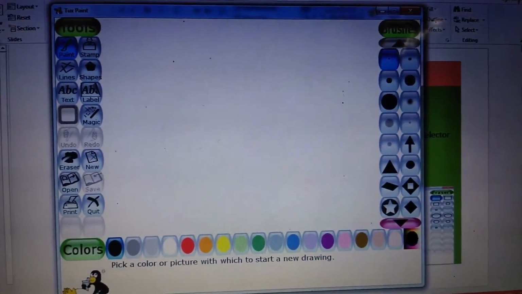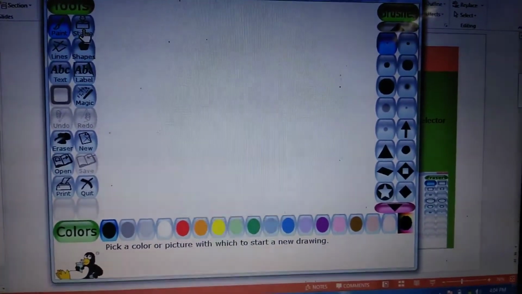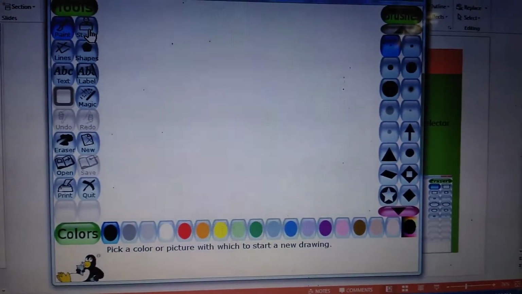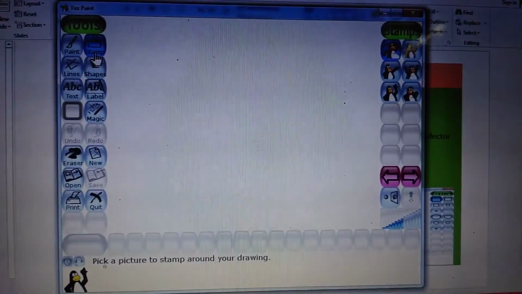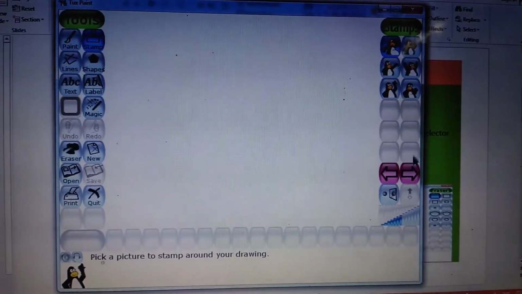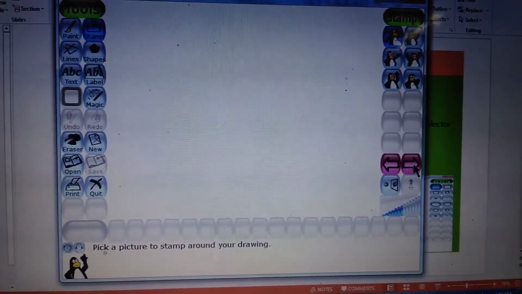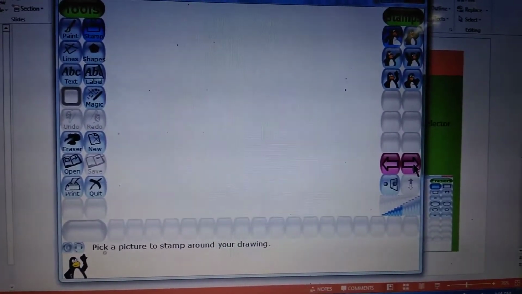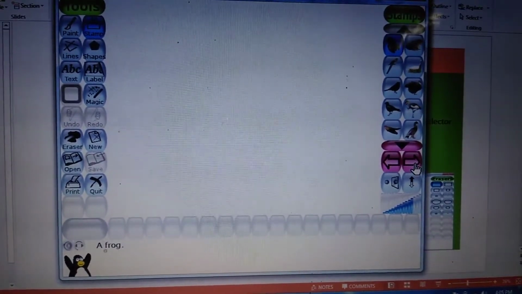Now children, I will show you how to use the stamp tool. Here you can see the toolbox. In the toolbox you can see a stamp tool. Select the stamp tool. When you select the stamp tool, it is highlighted in blue color. Now here in the selector you can see the images. You can see a right arrow here. Click on this arrow. Now you can see the images. Whichever image you want, you can select.